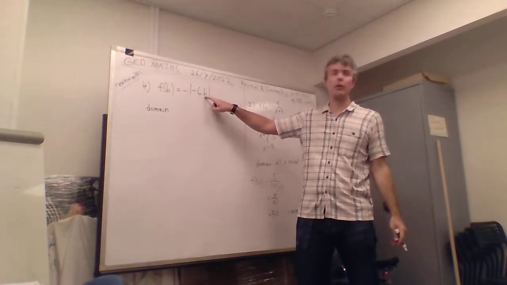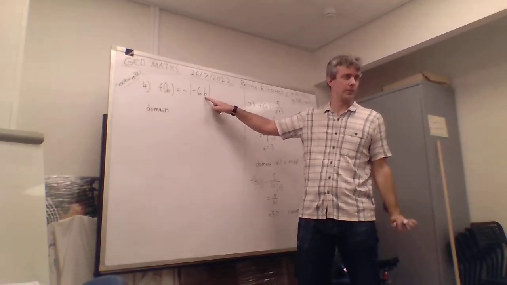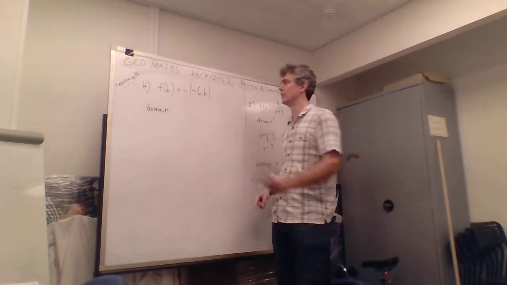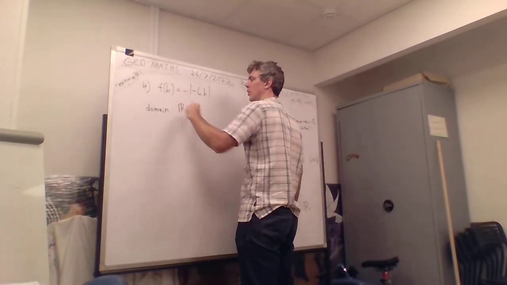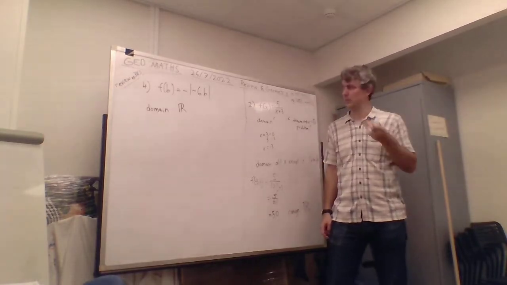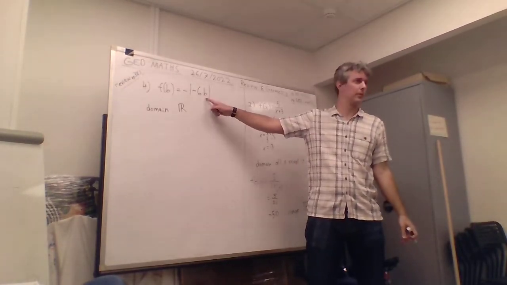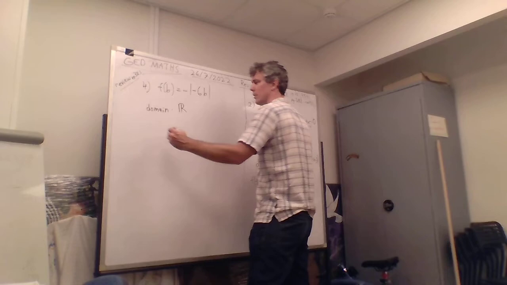there's no fraction here. So it probably can be all numbers. Domain is all real numbers. There's no fraction. It could be negative numbers, it can be positive numbers, we'll still get something out. Then the range,